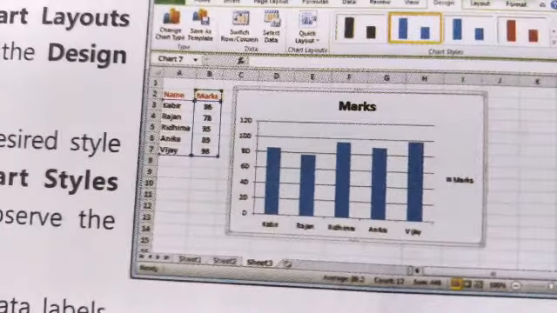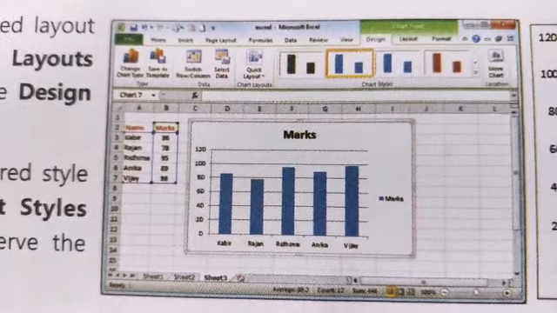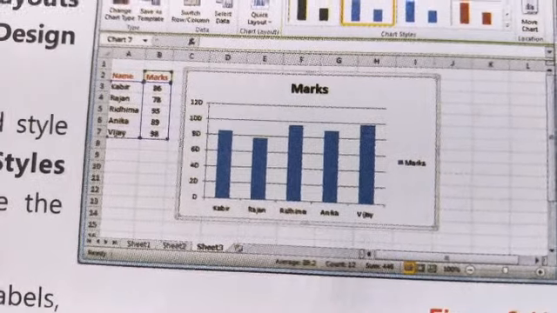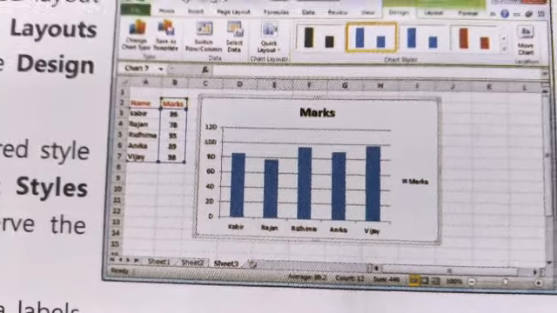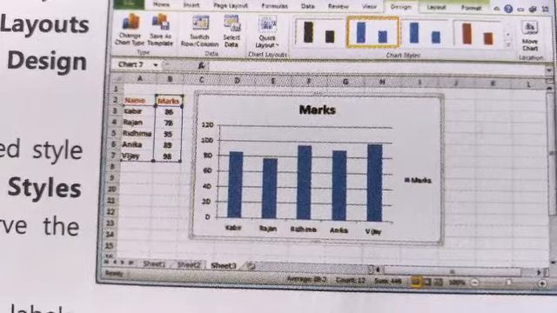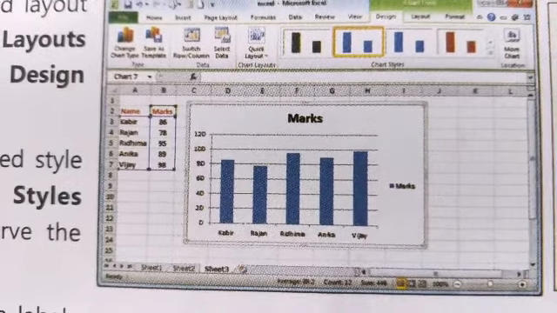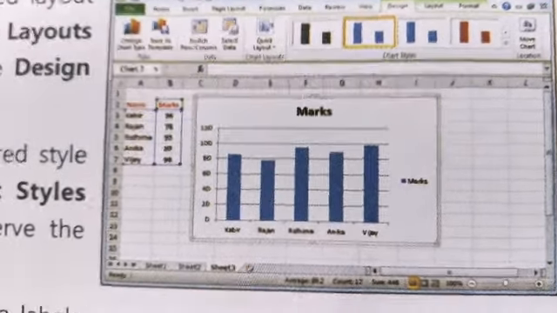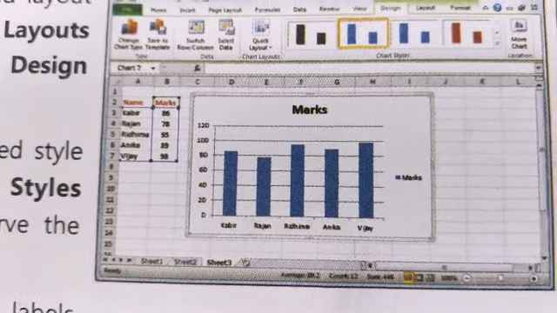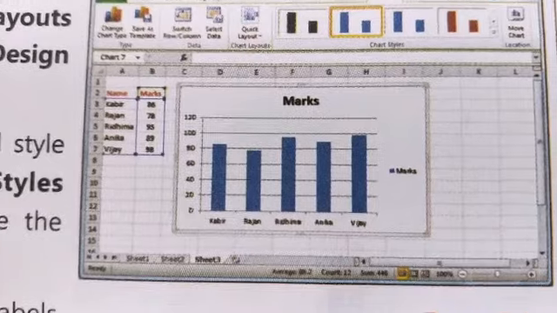That means you can change the chart according to your requirement, and you can change the data. Their reflection will be visible in this chart. If you change the data, it will be reflected in the chart you have selected.